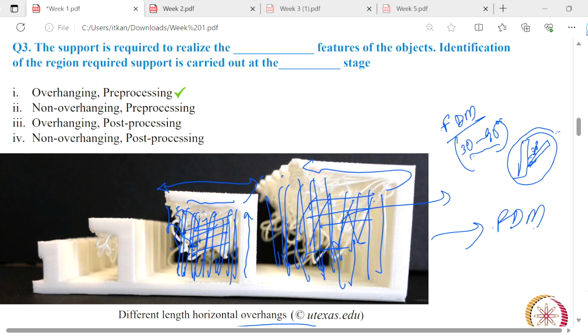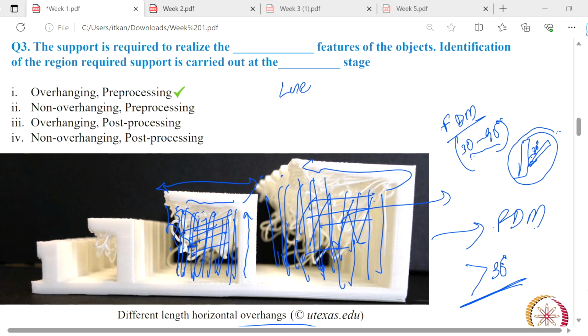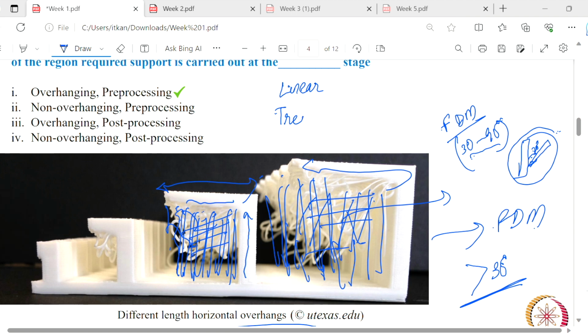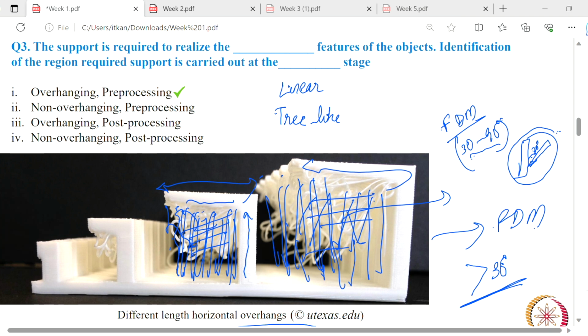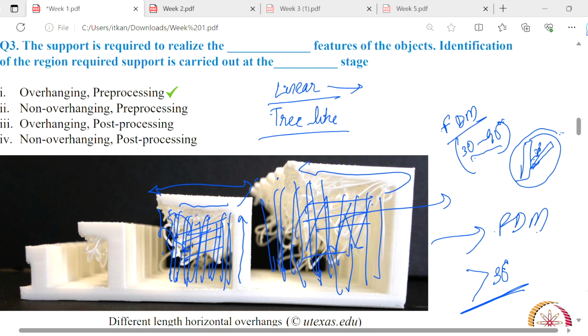So up to 30 degrees we can print without support, but when it is more than 30 degrees we have to use external support structures. Now in most of the printers, supports are linear and tree-like supports. Okay, linear, tree-like. Linear ones are like this, zigzag. Now the tree-like are,